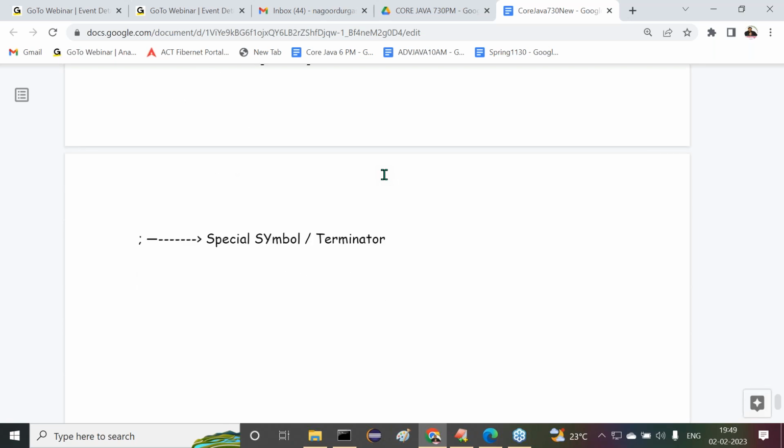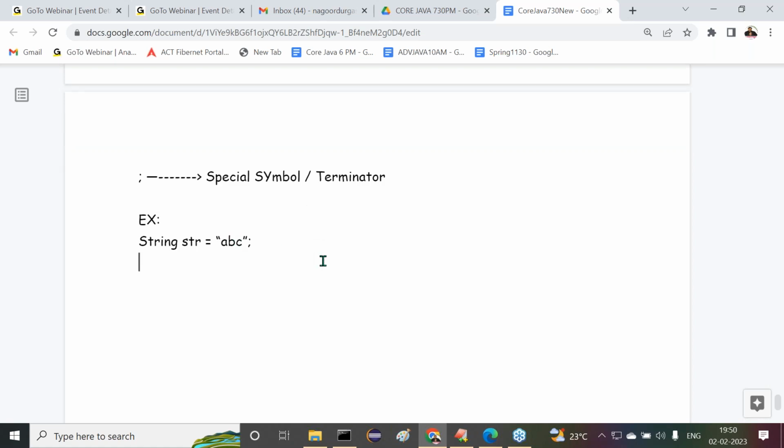Similarly, I'm giving another example. Say, for example, String str is equal to double quotation ABC. For example, we can write this. Now understand it. Now what is the literal here? No, right, sir. We can understand this in a section. String is again a data type. Of course, which type of data type? Actually, a user defined data type. All classes come under user defined data types. String is a data type.